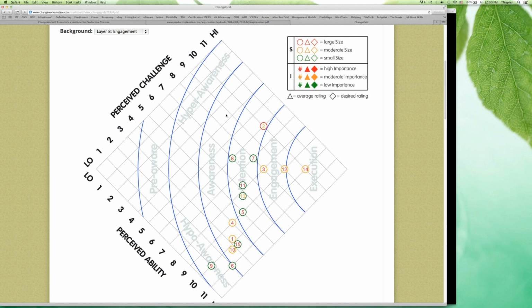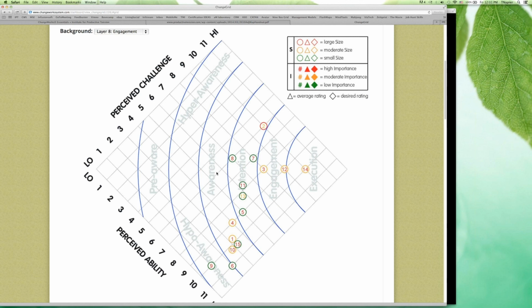Now, intention is preceded by awareness. Until I'm aware of something, how can I even form an intention so that I can ultimately get engaged and finish what I've started? So we've got this awareness band. Any of the activities that are plotting in awareness, we can say, well, this person is aware that this situation is happening or this activity needs to be done, or they're aware of what this activity is. But awareness isn't even an intention. It might be a moment of insight, but there's no action involved in awareness.